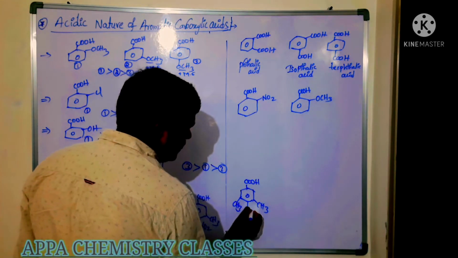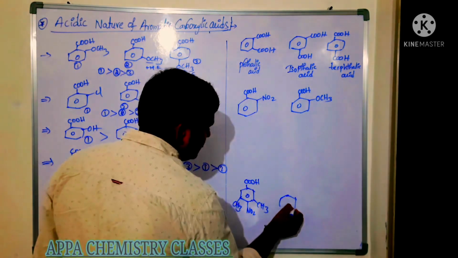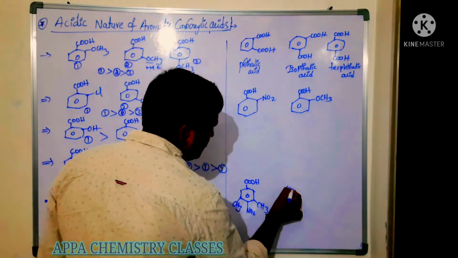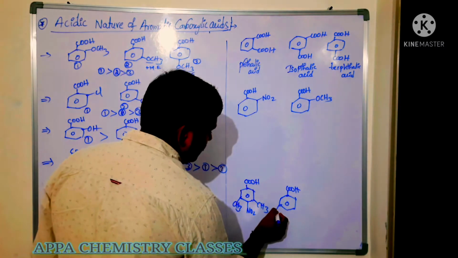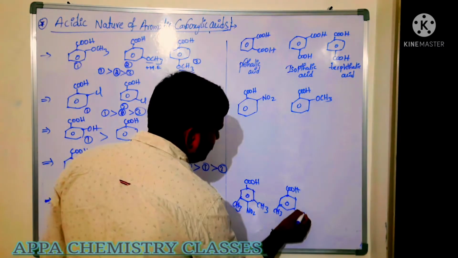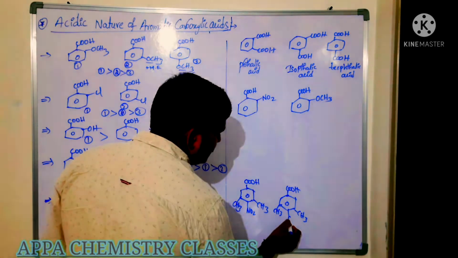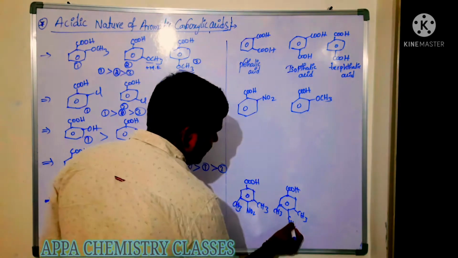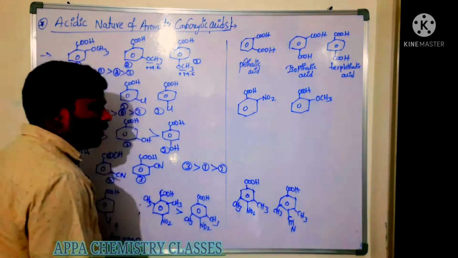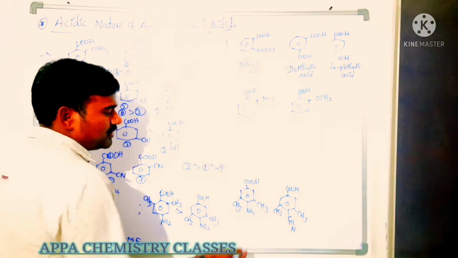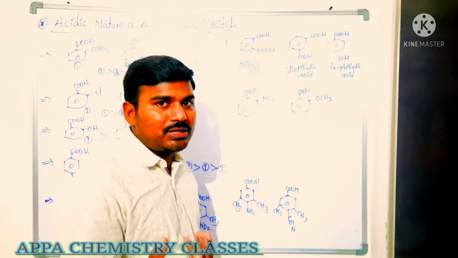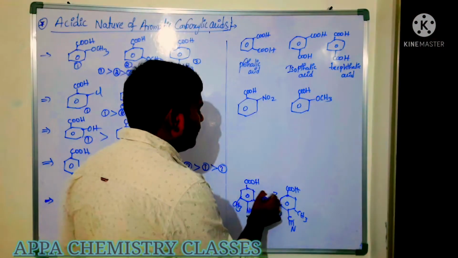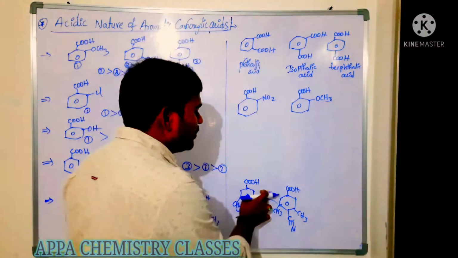here NO2 is there. In this case, this is one of the exceptions. You can remember, it is not an exception, it is a conceptual one. So here a cyano group, CN group, is there. Now among these two, which is more acidic? Generally the nitro group is more electron withdrawing, so it should be more acidic. But what happens? The cyano group is the more acidic one.